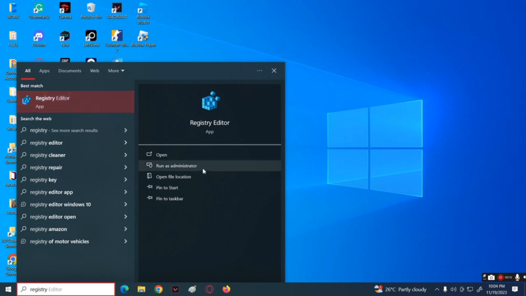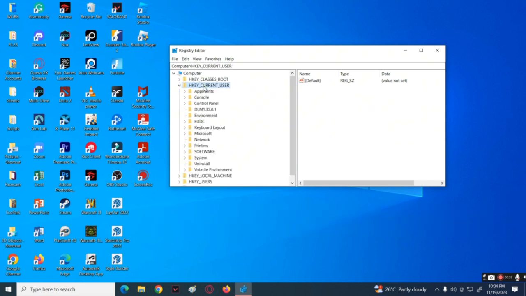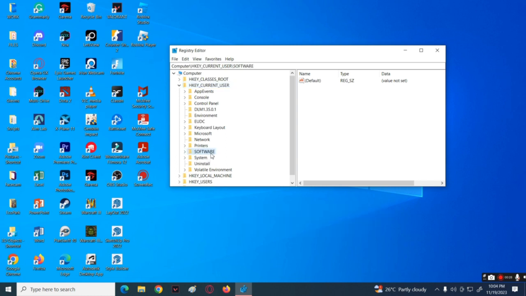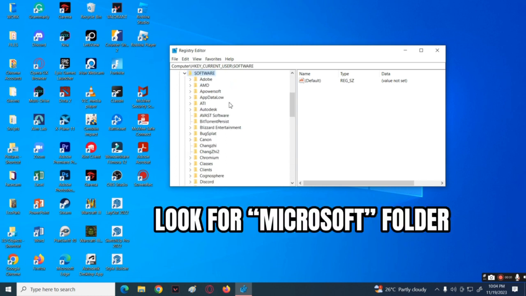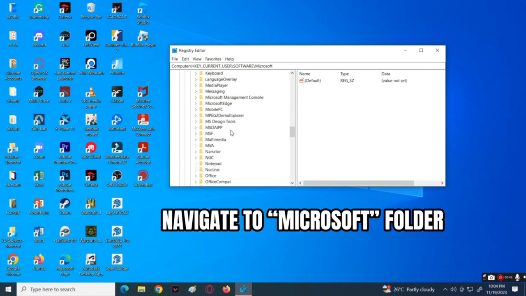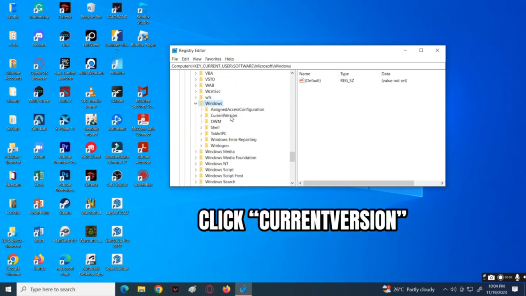Then open it. Now open this folder. Then click on Software. Now look for the Microsoft folder and then open it. After that, navigate to the Windows folder and open it. Under the Windows, click Current Version